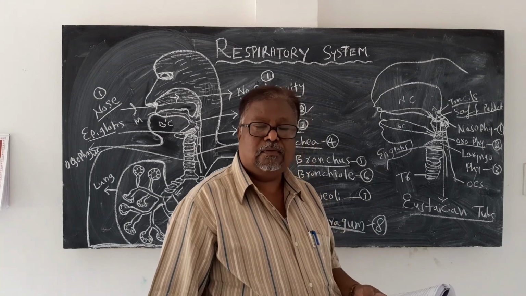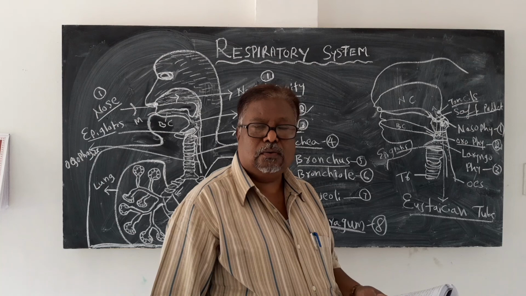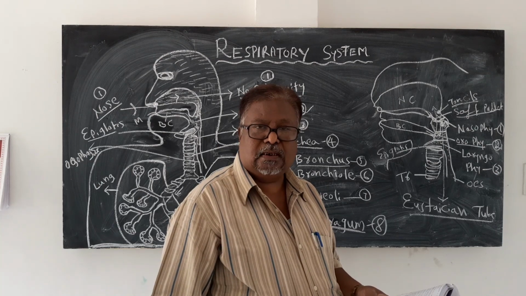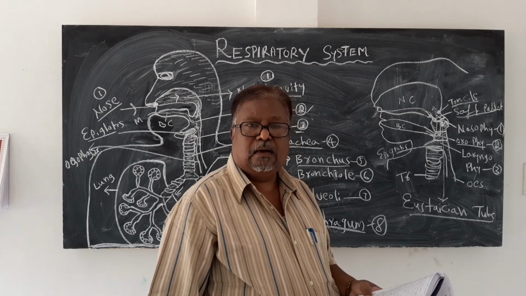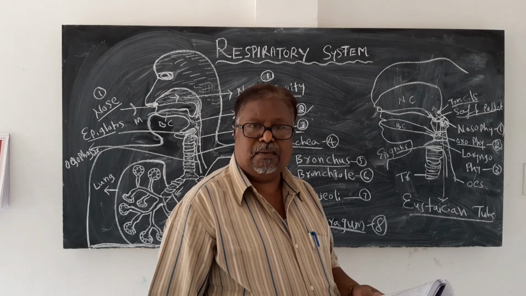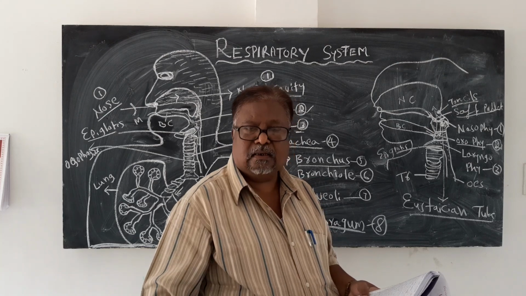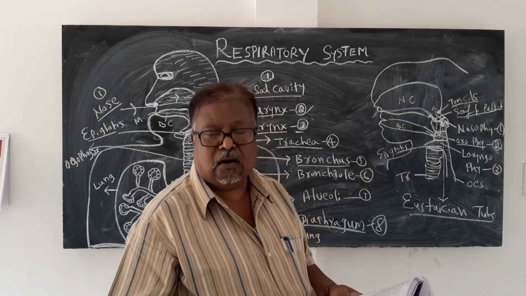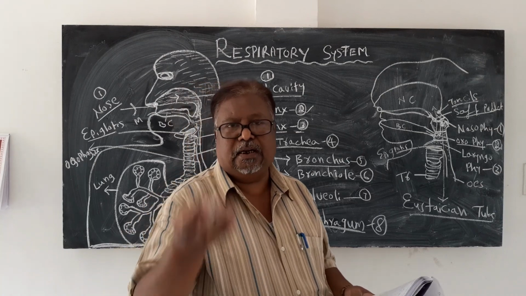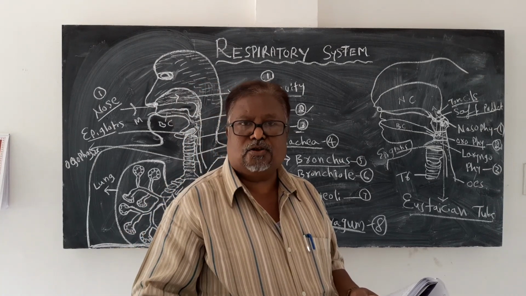Tonsils have ciliated epithelial cells and lymphoid tissue. They produce antibodies, the chemicals which destroy the pathogens coming inside the nasal cavity and tract along with the air. When the air enters inside, the pathogens also enter, and they will be destroyed by the